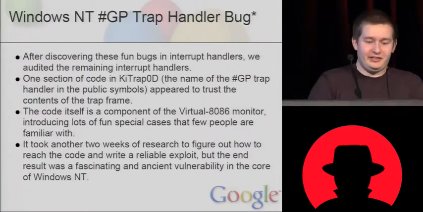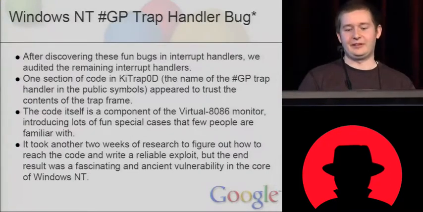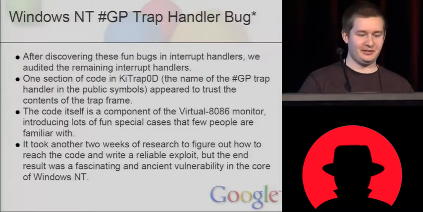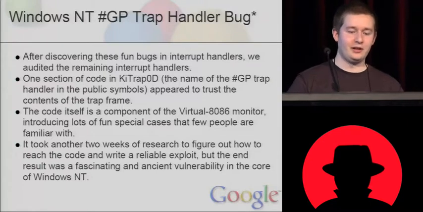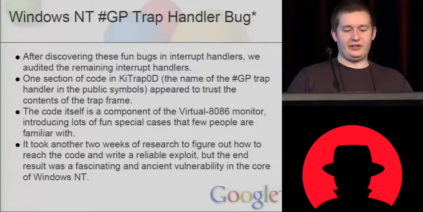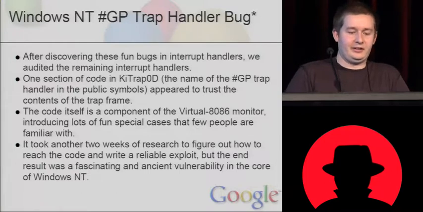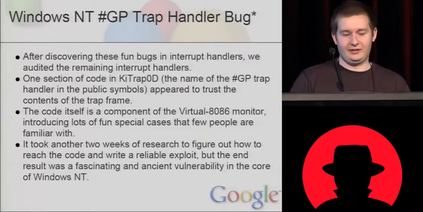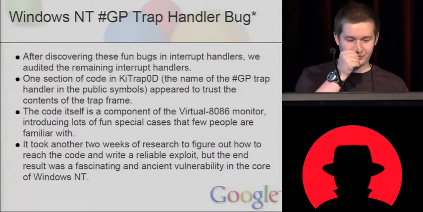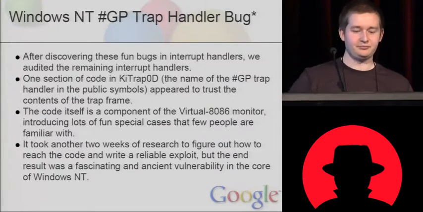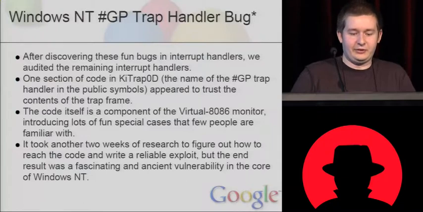Okay, so after we discovered these fun bugs in various interrupt handlers, we decided this was going to be some fruitful research, so we decided to audit the remaining interrupt handlers we could find. So we found one section of code in KiTrap0D, which is the name of the GP trap handler in Microsoft public symbols. And we found one location where it appeared to trust the contents of the trap frame. This was a bit of a WTF moment for us, where we saw this code that was obviously doing something completely bizarre. We could tell that this was a component of the virtual 8086 mode monitor, simply because the branch to reach this code was checking the